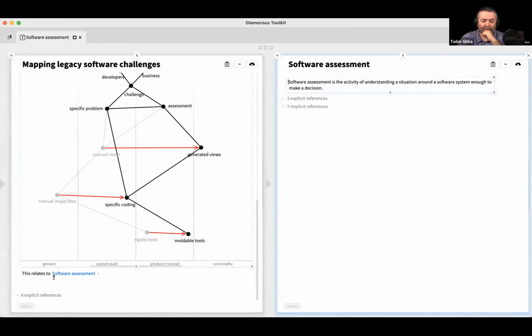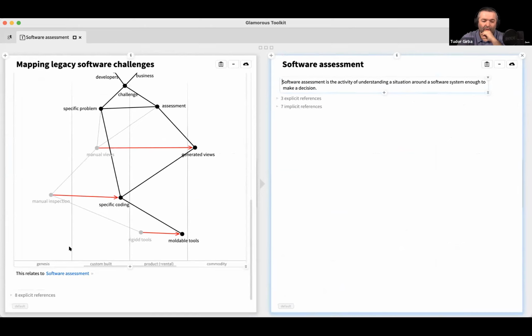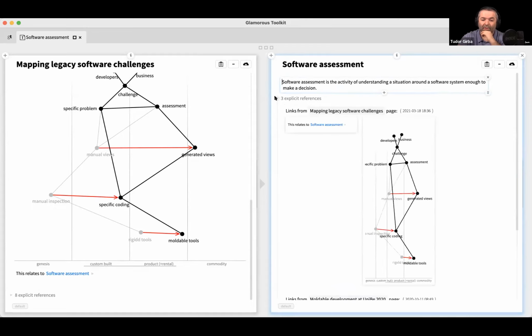So, for example, here I have a link to another page which is called software assessment, and there, of course, I have references, right? So links denote those as well. But what's interesting about this one is that this representation over here crosscuts the language in which the knowledge has been captured one way or another.